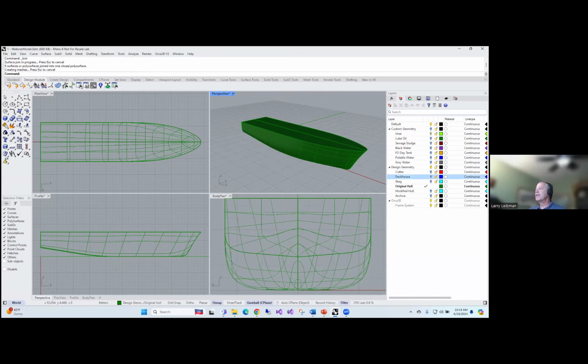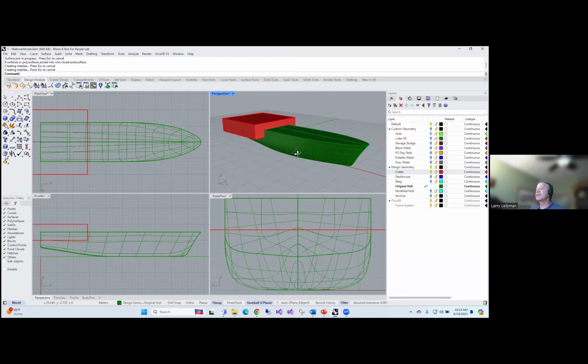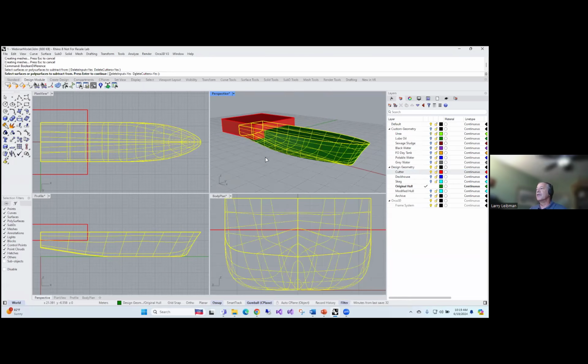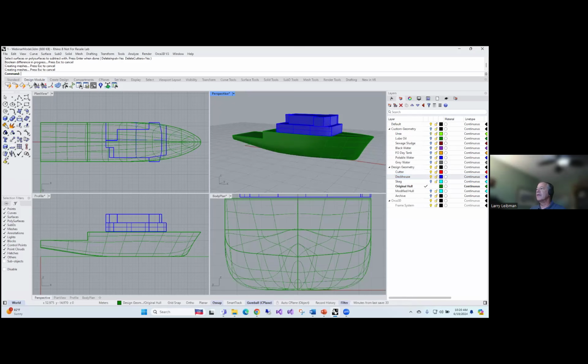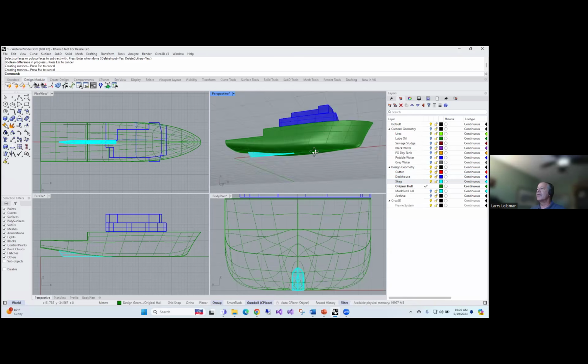To make it a little bit more interesting, I've created a box, which I'm going to use as a cutter with the Boolean difference command. I'm going to subtract out this volume to make it a more interesting hull with a step in the deck. So this is a very simple way to create my hull component. I also have some other geometry that was created a priori. I have deck house components, and you'll see here I have a skeg component. These are all solid geometry and will be added to my